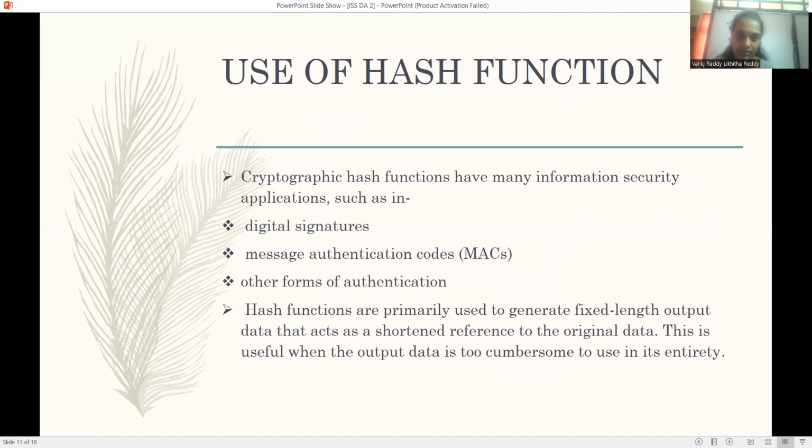Use of hash functions. Cryptographic hash functions have many information security applications such as message authentication codes, other forms of authentication and digital signatures, etc. Hash functions are primarily used to generate fixed length output data and act as a shortened reference to the original data. This is useful when the output data is too cumbersome to use in its